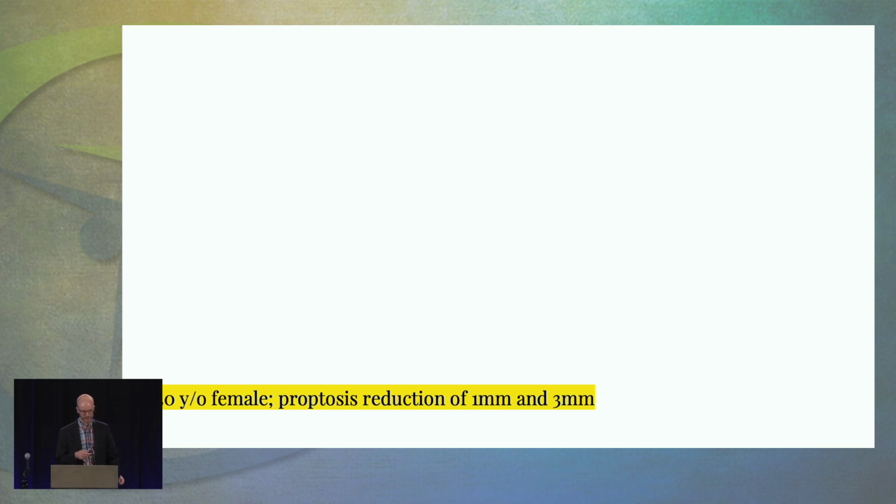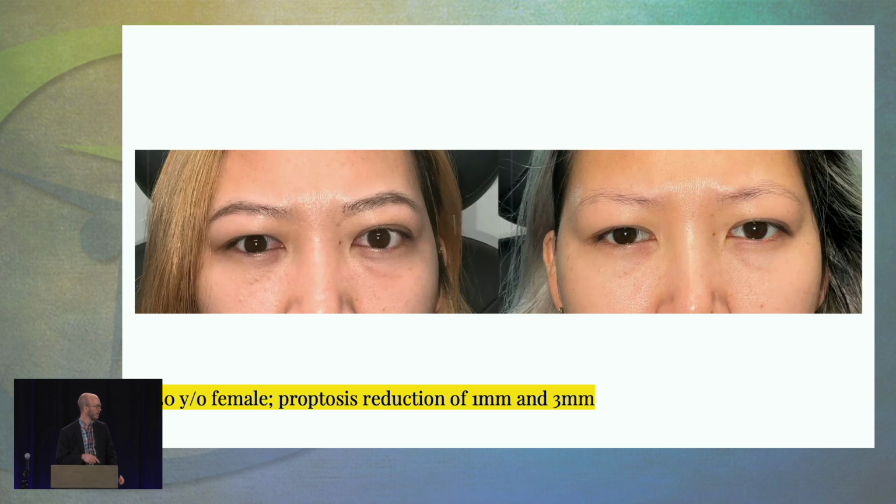We got labs, but unfortunately she was leaving the country for Vietnam for a few months, so I lost track of her for 3 months, and then she came back. It doesn't really show up as well in this picture, but she had a lot of redness in her lids, and you can really appreciate the left eye. And that's where we got the most reduction of proptosis. This was after starting teprotumumab. Quick resolution of symptoms. After 6 infusions, she was almost back to what seemed to be a good baseline for her. And she did have a few leg cramps, no hearing changes.